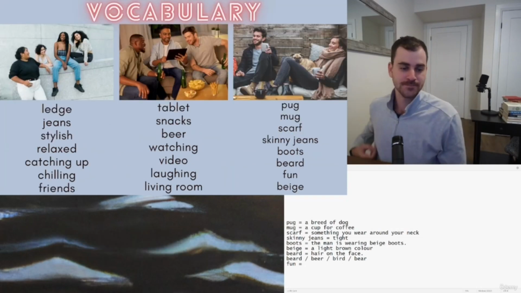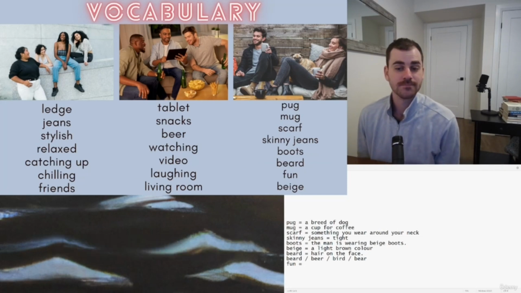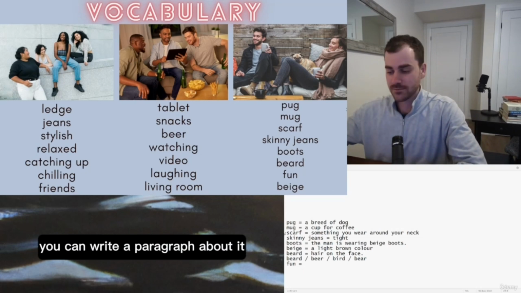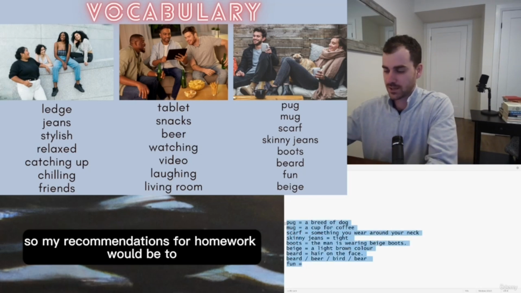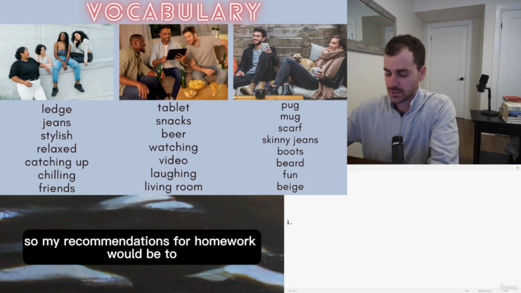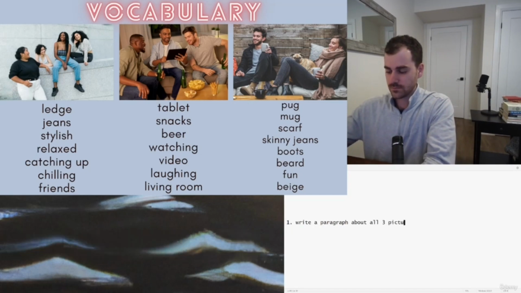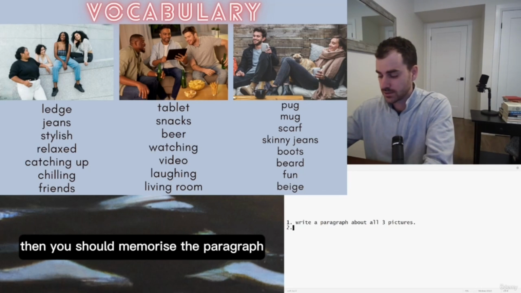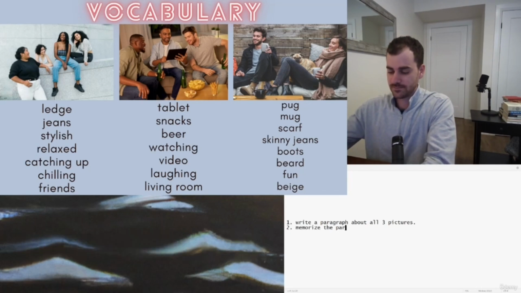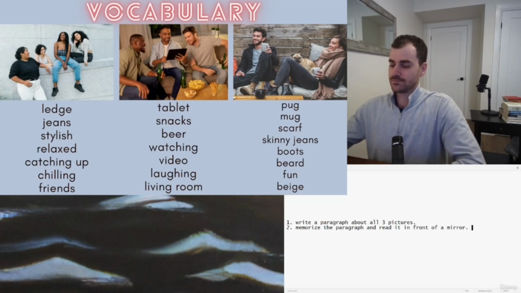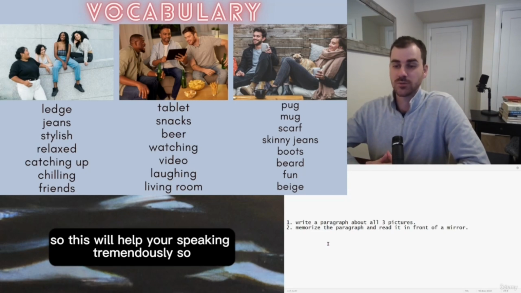Okay. So, which picture is your favorite? If you have a favorite picture, you can write a paragraph about it. So my recommendations for homework would be to write a paragraph about all 3 pictures. Then you should memorize the paragraph and read it in front of a mirror. So this will help your speaking